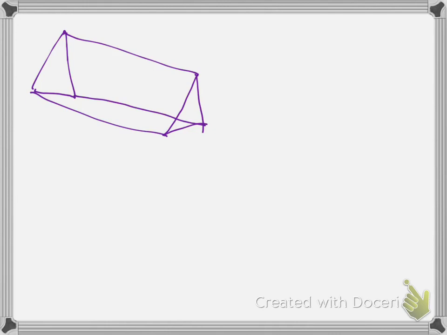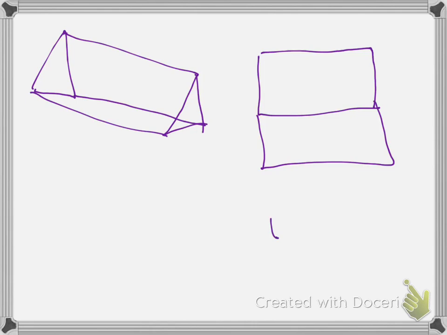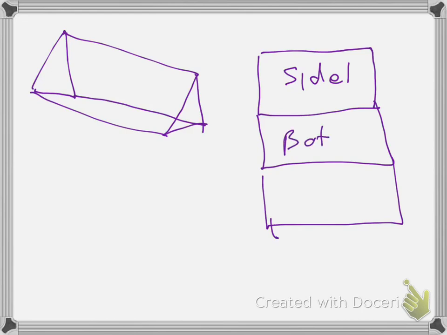So for you to calculate the surface area, you have to open it up and draw the net of that particular shape. You can see we've got how many triangles in that shape put together? We've got 3 of them. So I can say this is my first side, and then I can have my bottom, and then I can have my second side. So we call this side 1. This is the bottom, right? And then we can have side 2.